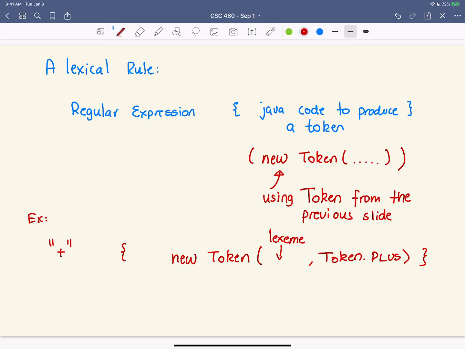If we had something here, a regular expression for an identifier, we can do something like that. And I've actually defined the regular expression for the identifier.